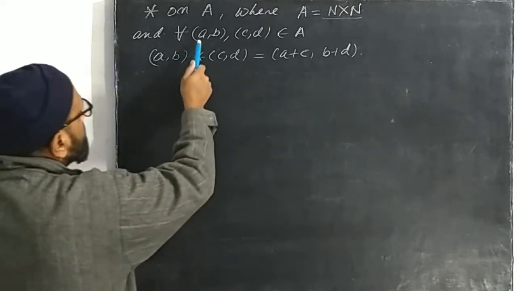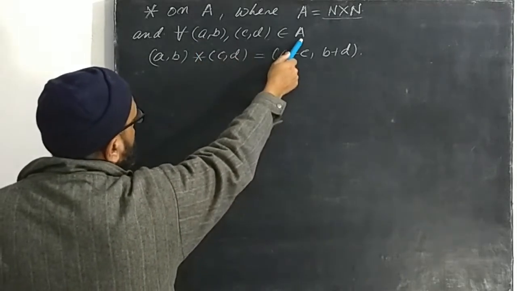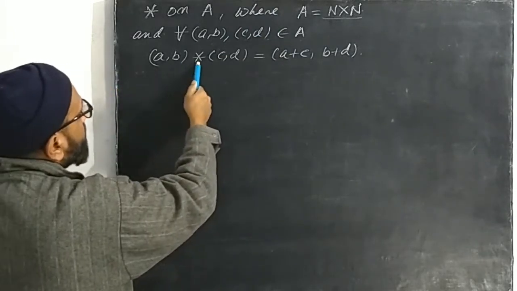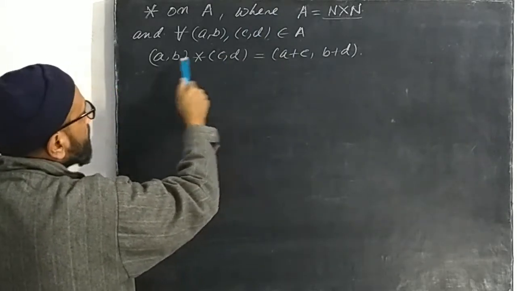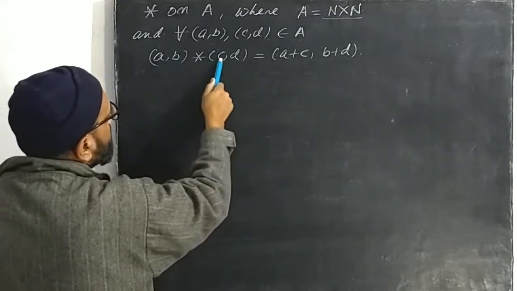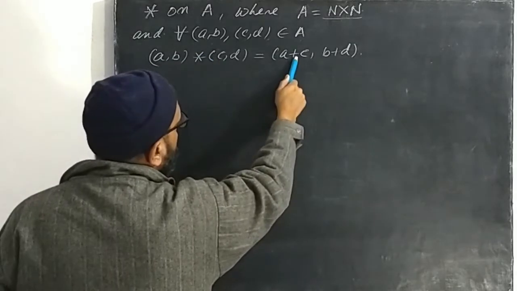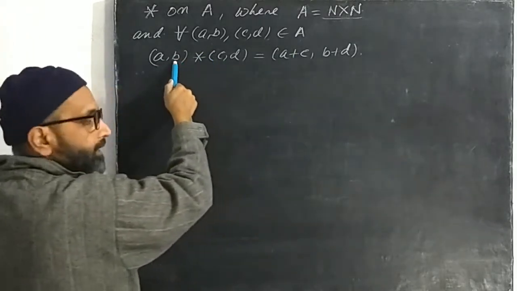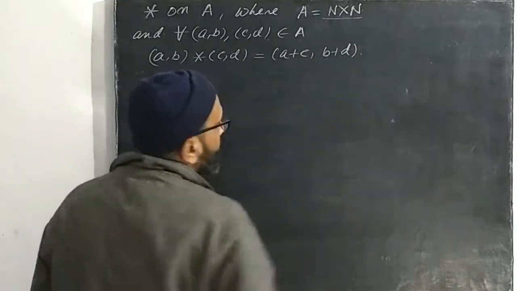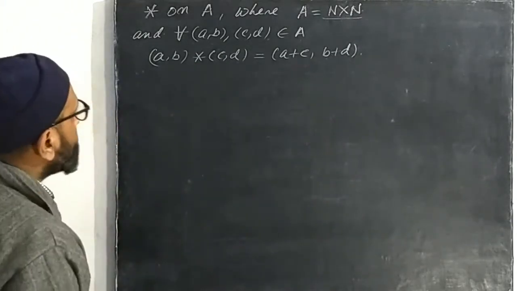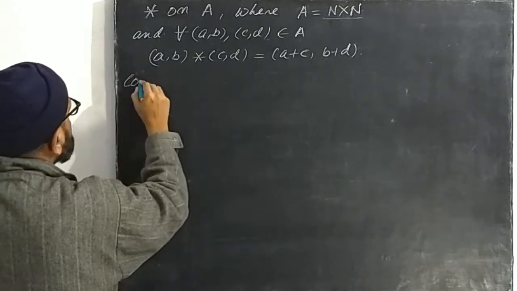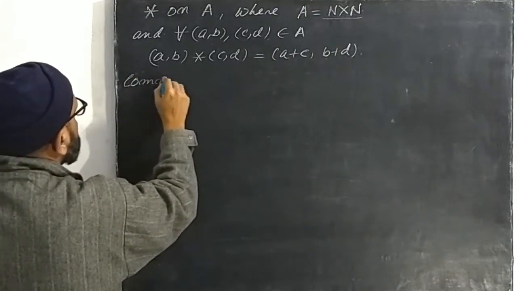So if we take two ordered pairs out of this set and this operation is applied between these two elements, the result is that the first elements of the ordered pairs are added together and the second elements are also added together. So we have to check the commutativity and associativity of this operation. So let's check first